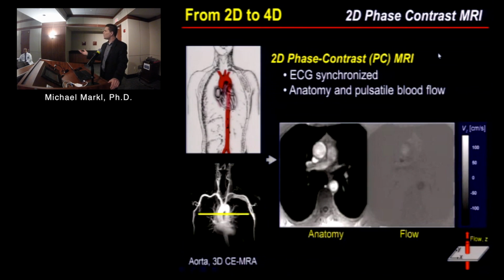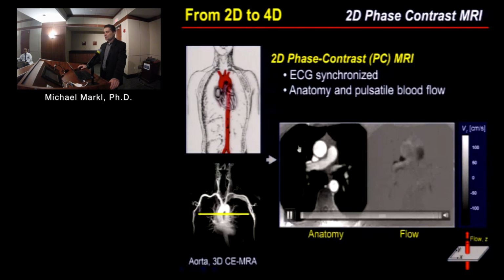And how it's typically used in a clinical setting, and you can do this on any scanner that's available commercially, is you place a 2D plane, for example here transecting the thoracic aorta, and you do a short measurement, typically done during a breath hold, and you get these types of images. So this shows you here, again, the section through the aorta, ascending aorta and descending. You can see the measurement is synchronized with the cardiac cycle. You can see the pulsatile motion of the ascending aorta and descending, a little bit of the pulmonary